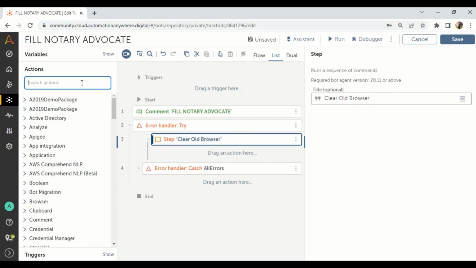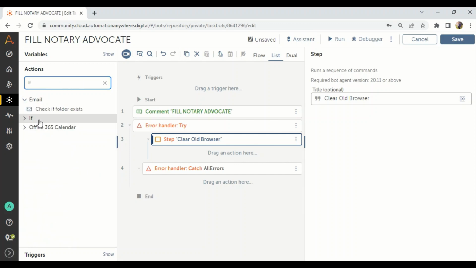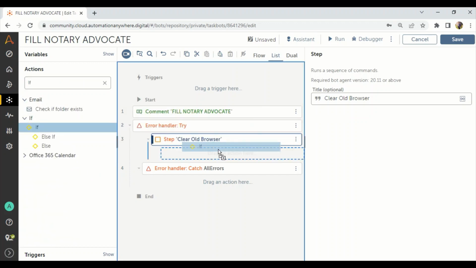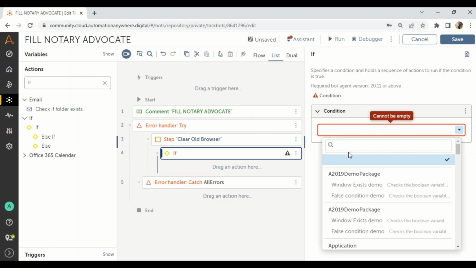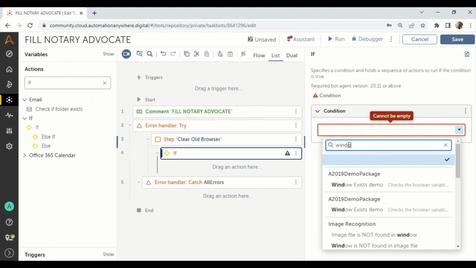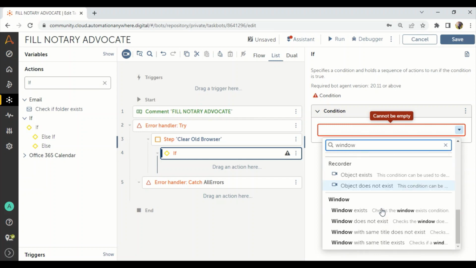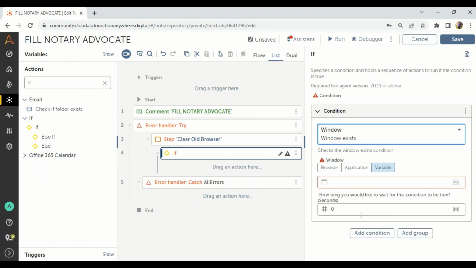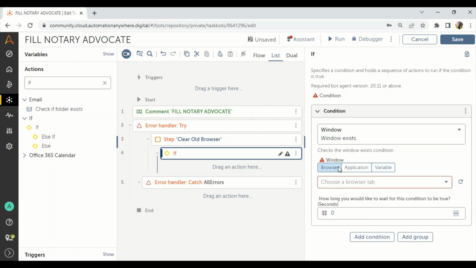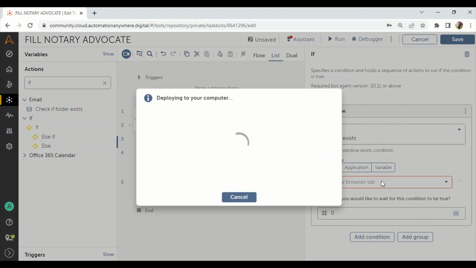So that's why I will take an if condition. As I told, if it exists, take the condition of if and come here and check window, if the window exists. It will be at the last, window exists, take this condition, and this is a browser, not an application, not a variable. So I'm just refreshing,